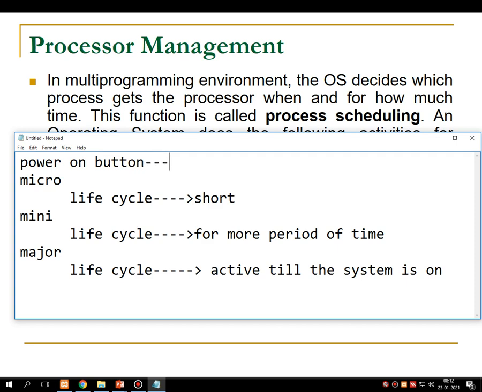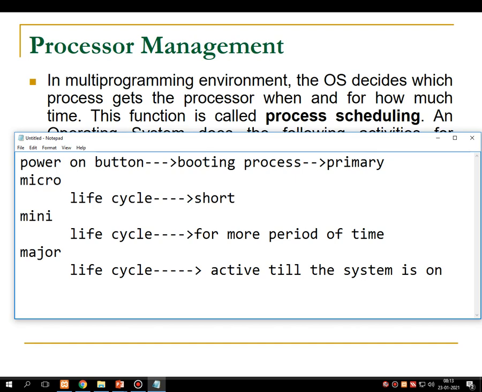The first process which is handled by the entire system is called the booting process. So that booting process required allocation of primary memory